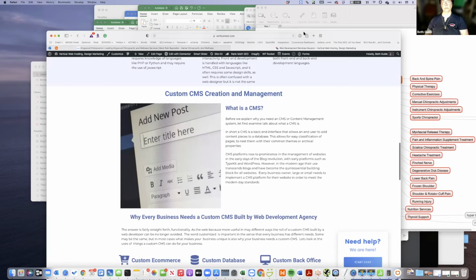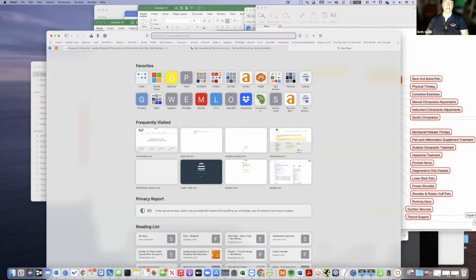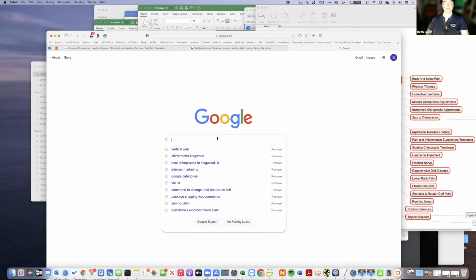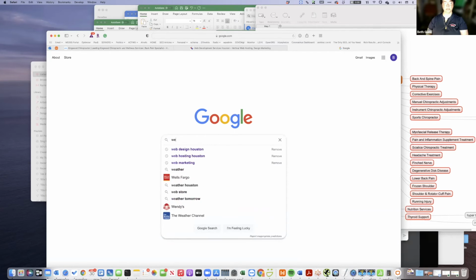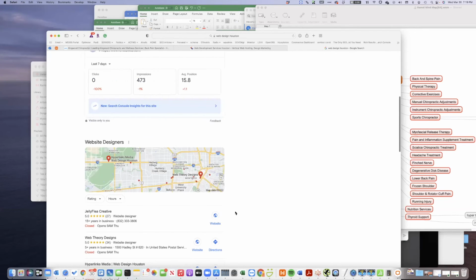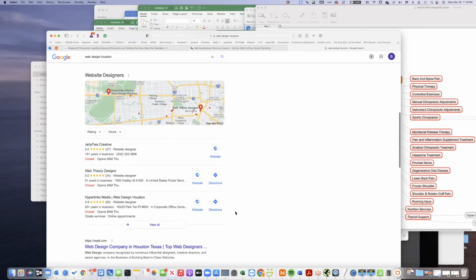Now, I don't know where I rank on these things tonight. It moves. But if I go to Google, and this is hard, whenever I do local from here, it's very hard for me because if I was sitting in Houston, I would have a different answer. But let's do this. Web design Houston. When you're at your home address and you search this, it's going to give you a different outcome than if you're doing it in your office.